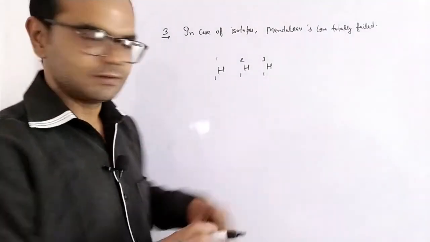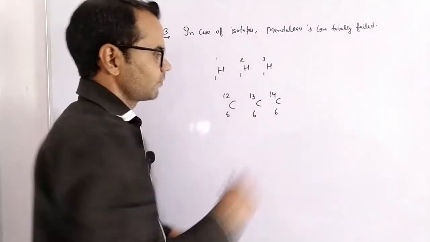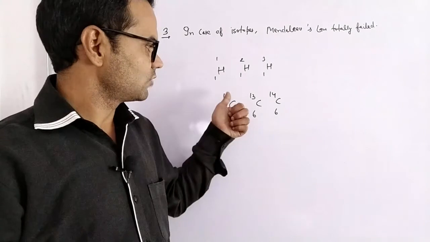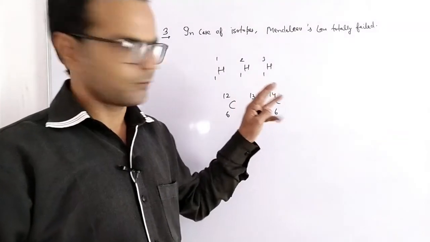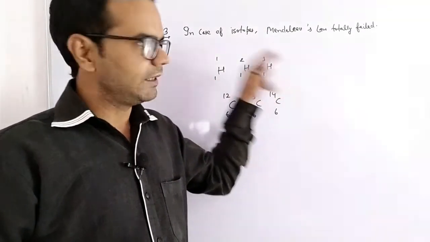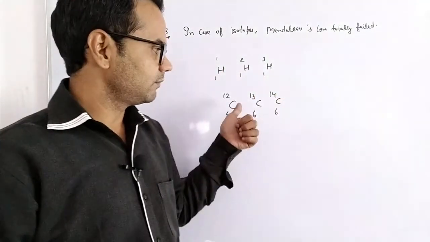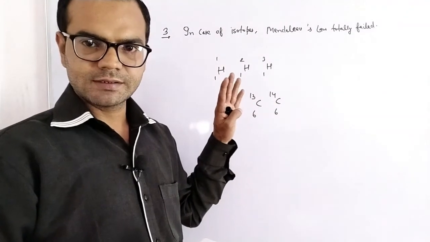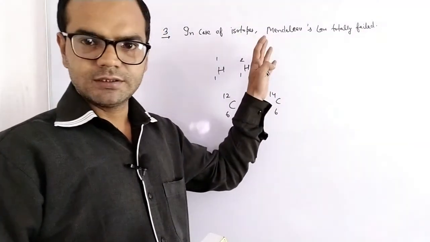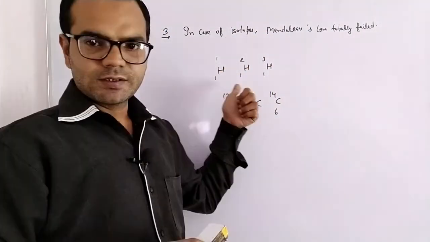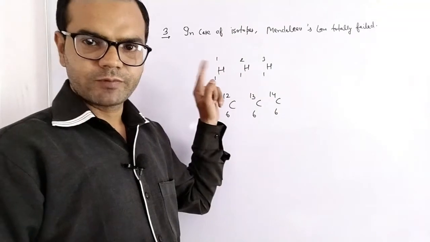For example, we have a second example, carbon. Carbon exists in nature in 3 forms: C12, C13, and C14. So this same carbon atom must be placed in 3 different groups in increasing order of their atomic mass. As Mendeleev described, elements are arranged in increasing order of their atomic mass. So carbon must occupy positions at 3 different places. So in case of isotopes, this law totally failed. He was unable to give a position to isotopes. Hydrogen has 3 different atomic masses, but he placed hydrogen in one group.